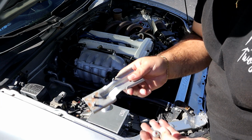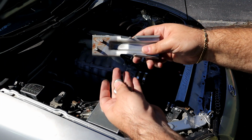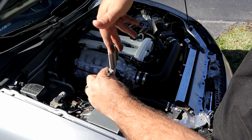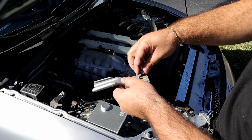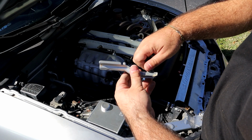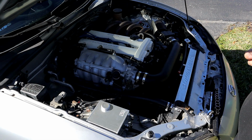See? Can you guys even see? That's the bracket. Goes in like that. The evap canister just slides into here, so you could just pull the canister out, and then you take out these 2 nuts, which was not too hard. Move it around, wiggle it, and then boom, pops out. And then now